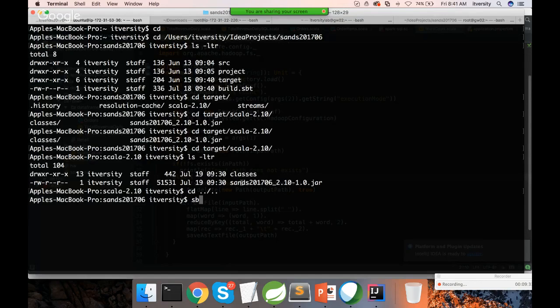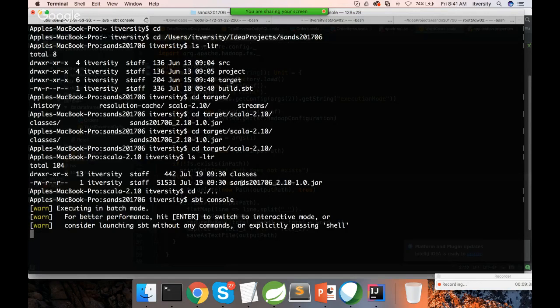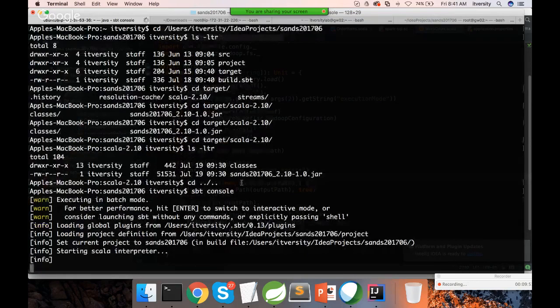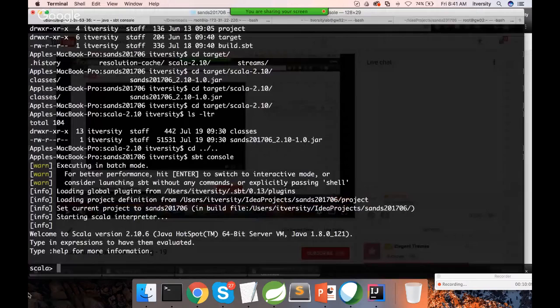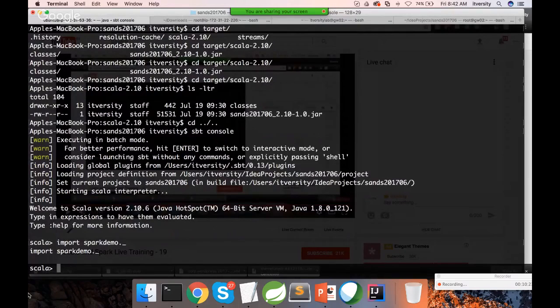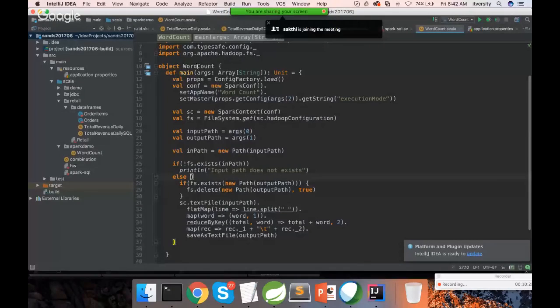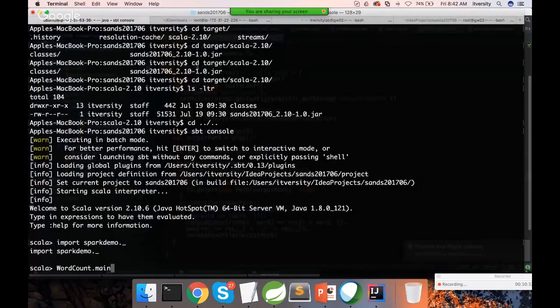And also on top of it, you can run sbt console. Using sbt console, there is the advantage that you can actually access these programs from the command line. I haven't covered this as part of the last session, so I'm covering this. I covered it earlier when I talked about SBT console quite extensively. Now we will put it into use. So you can actually import the Spark demo package like this, and then you can actually use the program name, which is word count, and the main function you can invoke like this directly with the object name dot main, and it takes